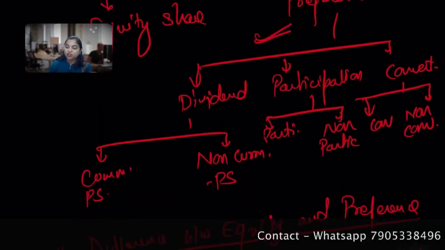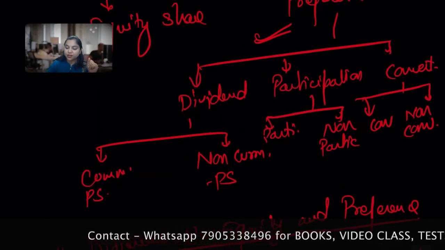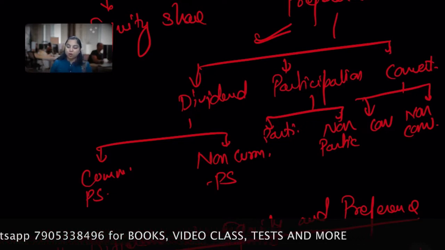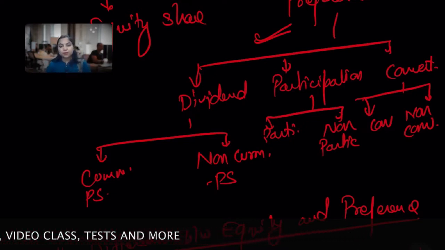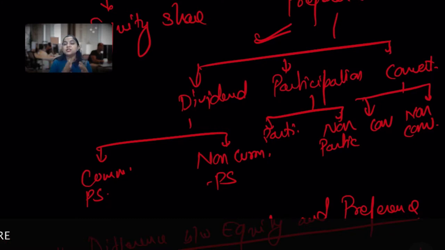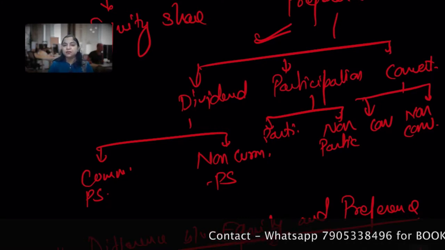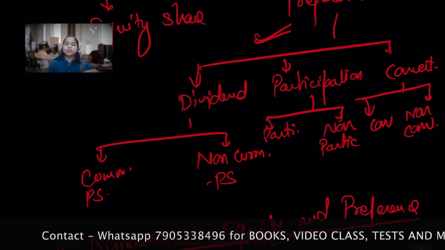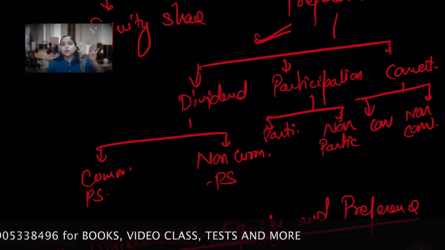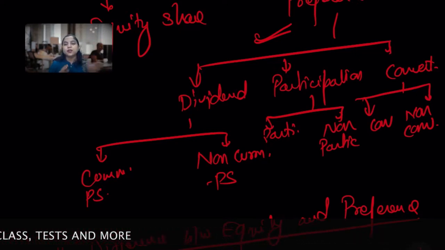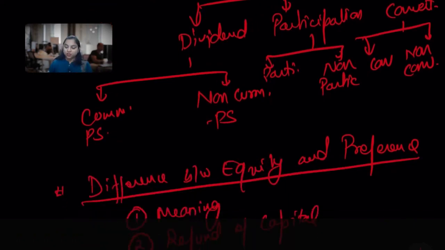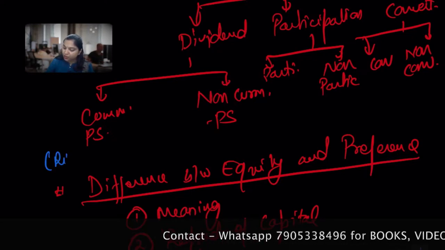So you get the difference between equity shares and preference shares. Now I just want to quickly draw your attention to what cumulative and non-cumulative preference shares are. Cumulative preference shares are those kinds of preference shares whose holders are entitled to receive the arrears of dividend if there is any arrear from past times. So they have the right to receive the arrears of dividend before any payment to the equity shareholders. I'm just writing in brief so that it's very easy for you to revise.